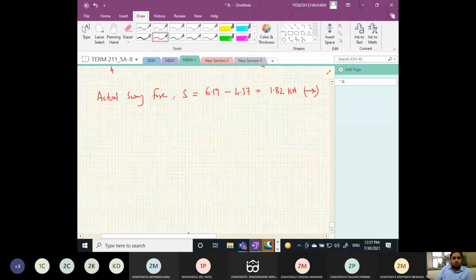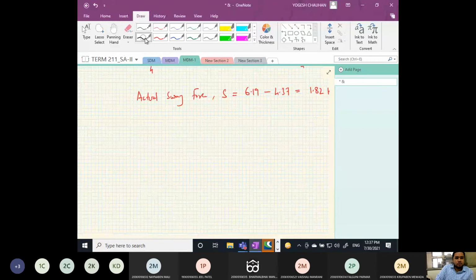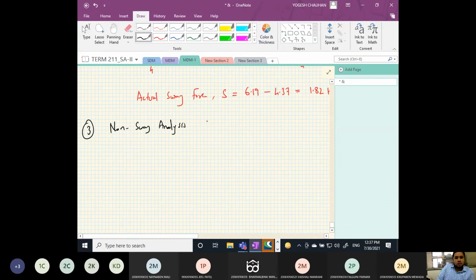Okay, so now we move to the third step, that is non-sway analysis. For the non-sway analysis, again you have to assume this